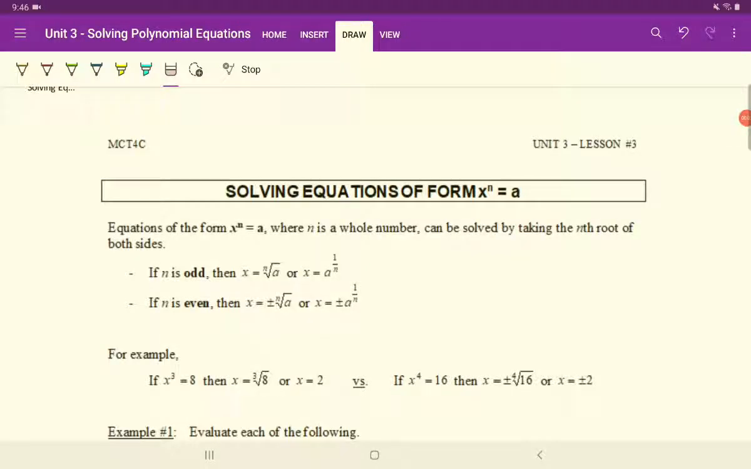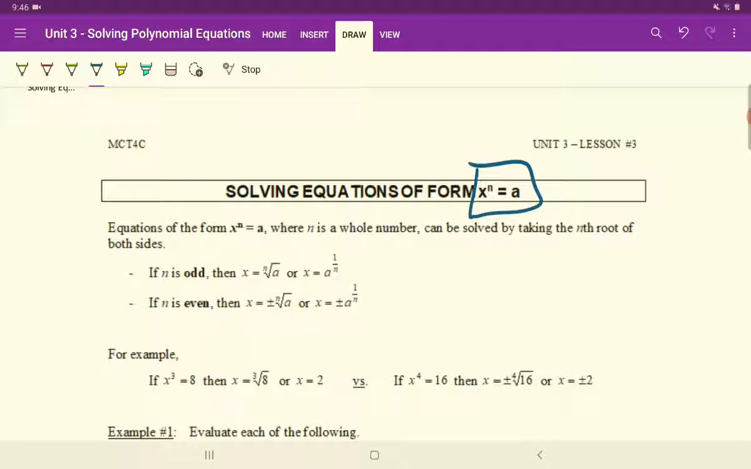All right, let's begin our next lesson. Yet another strategy for solving equations, this time in the form of x to the power of n equals a. So when we have a number to the power of an exponent equals another number, how do we